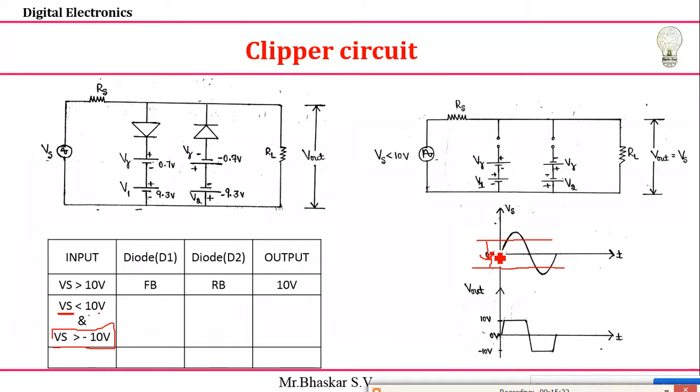Analysis is a very, very important thing. See, I'll take Vs less than or equal to 10. We already maintain some potential here; see here, it is the potential, which is 9.3 plus 0.7.